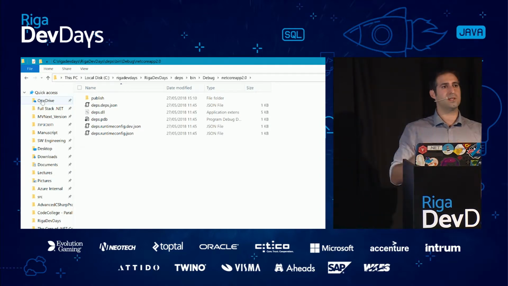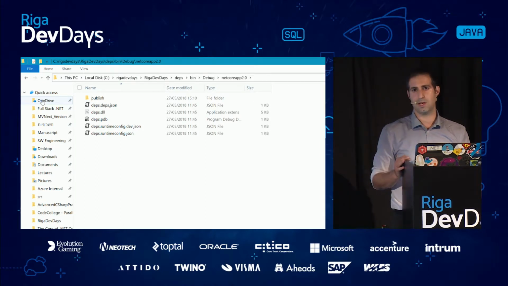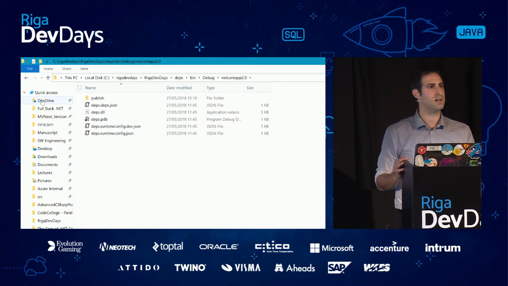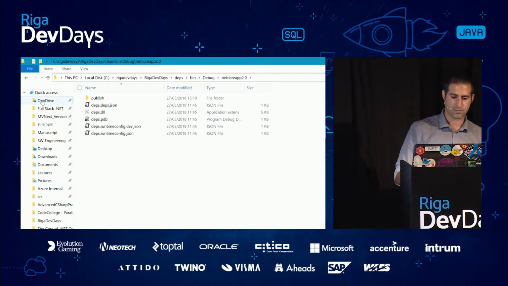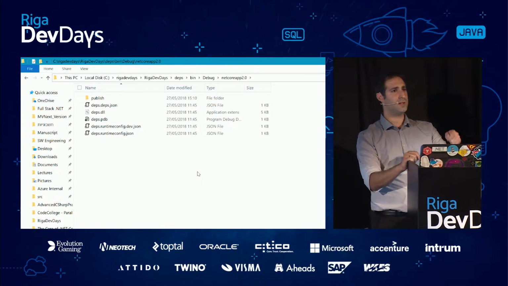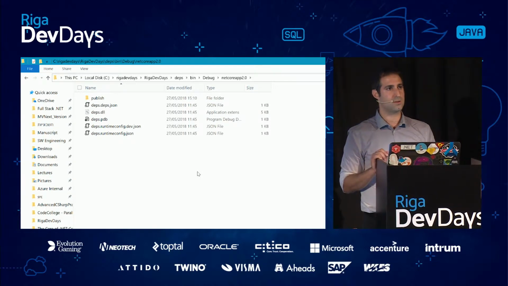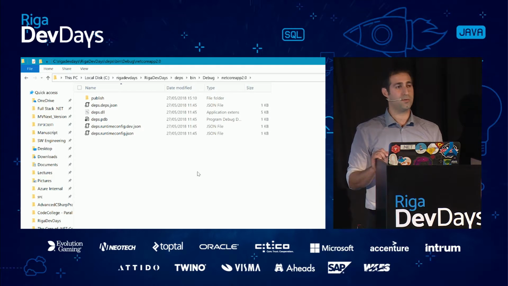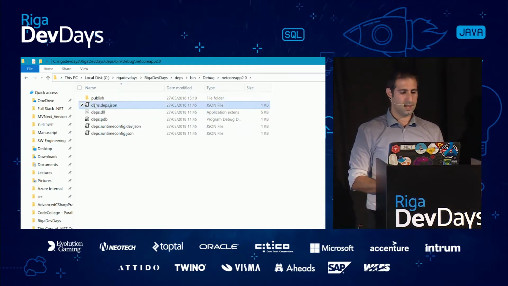So we all know that if I try to run an application and the assembly is not there, and I haven't registered it in the GAC or something like that, my application will crash because it won't find my assembly. But I can promise you that even if I would be using this Newtonsoft JSON inside my code and run it, everything will work perfectly fine. And why is that? If we go and look into this deps JSON file that we have here,